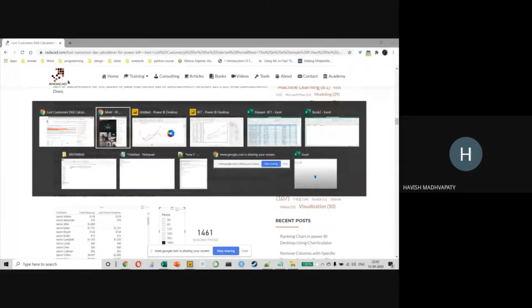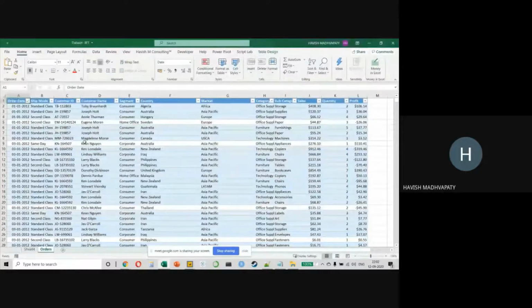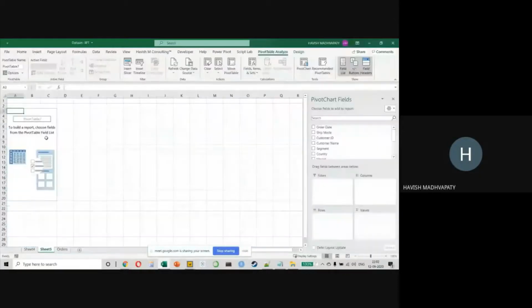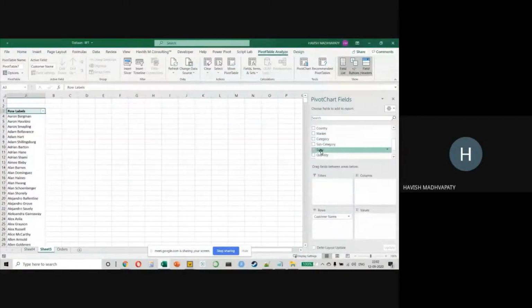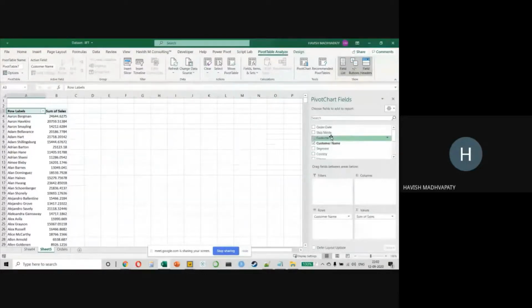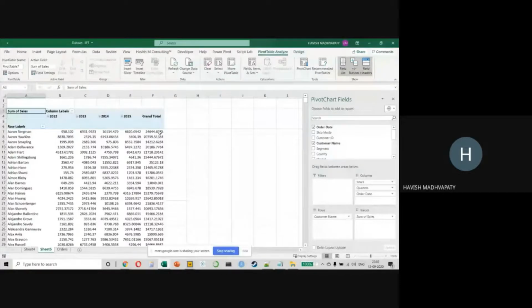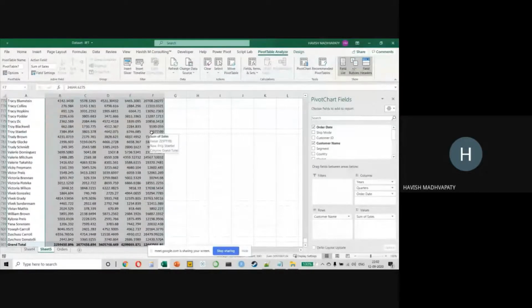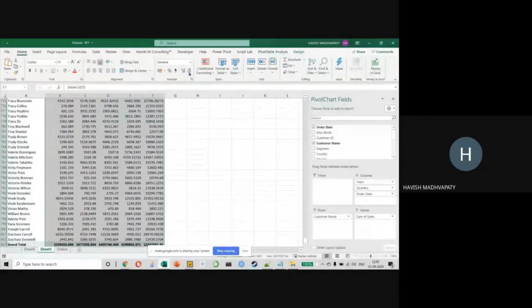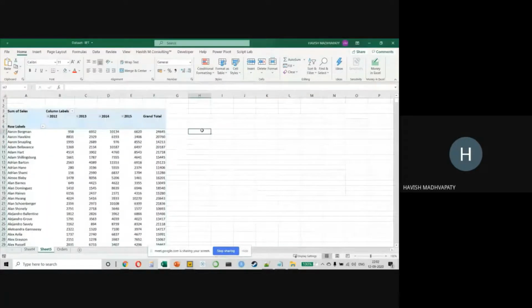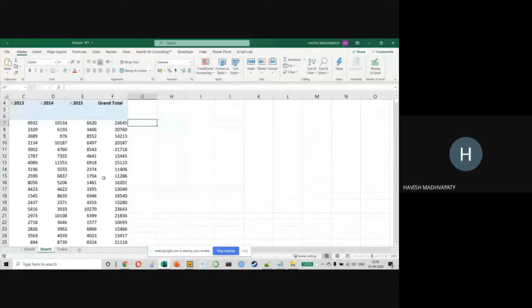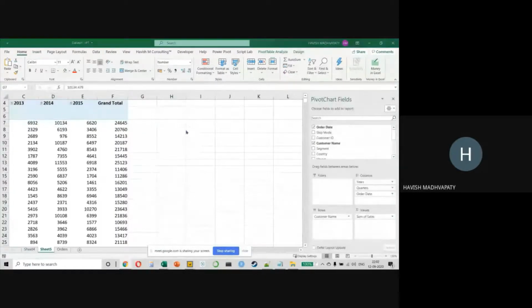I want to show you how you could have done this in Excel as well. Very simple, but a very nice example. Customer name, I'll have my sales amount, and I'll keep my order date in my column, and I'll only look at my years, right? I'm going to show you a very different formula, something you would never have seen earlier, and I hope you will learn something from it. These are the sort of things that I teach at PwC, EY, okay?